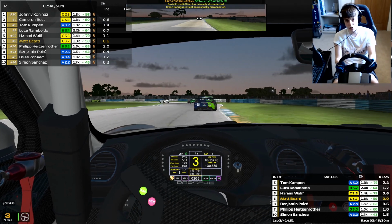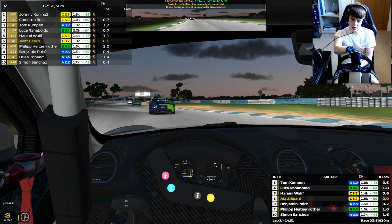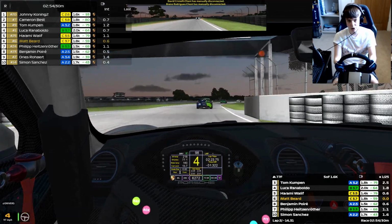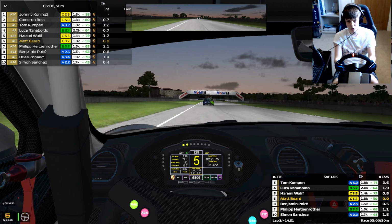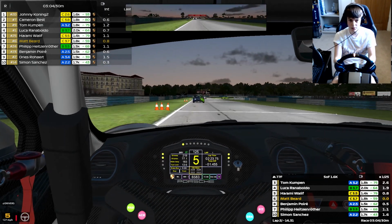Try and settle down into this race. Obviously, half hour is sort of a bit weird for me. It doesn't really feel like a sprint, but it doesn't feel like a long race either. I did really enjoy the one we did at Laguna Seca a couple of weeks ago. But yeah, we'll just see what we can muster up in this one. Hopefully we can try and get back towards the podium, but